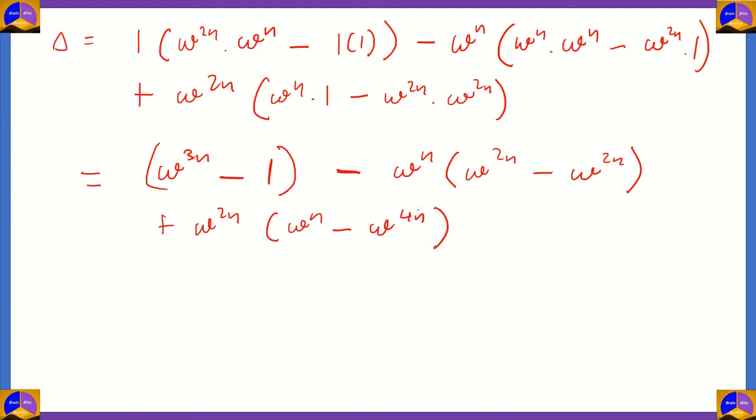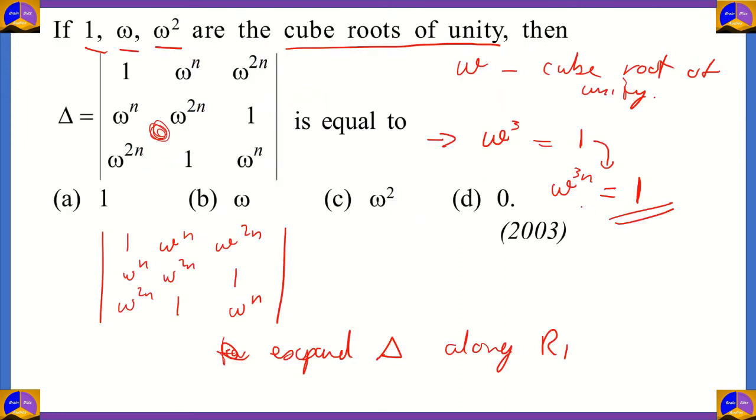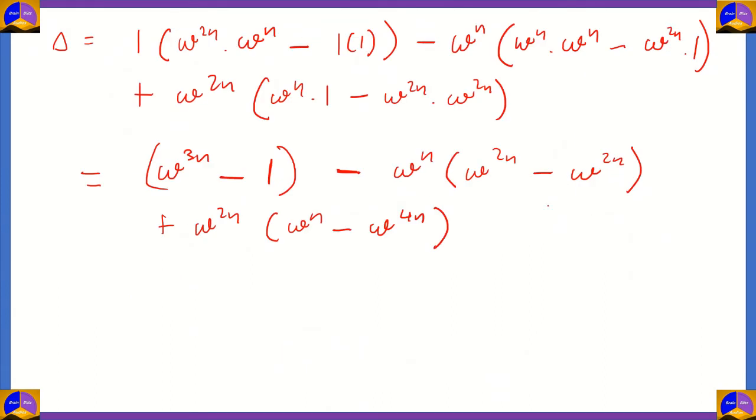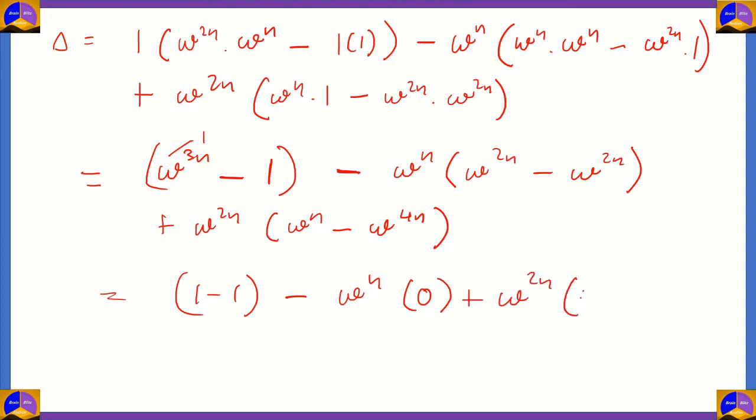So how do we solve further? We know for a fact that omega raised to 3n can be considered as 1. So over here the value of omega raised to 3n is equal to 1. So basically you have 1 minus 1 minus omega raised to n times, these two terms cancel each other out, so that's 0, plus omega raised to 2n times, what you can write is, you can write it as omega raised to n